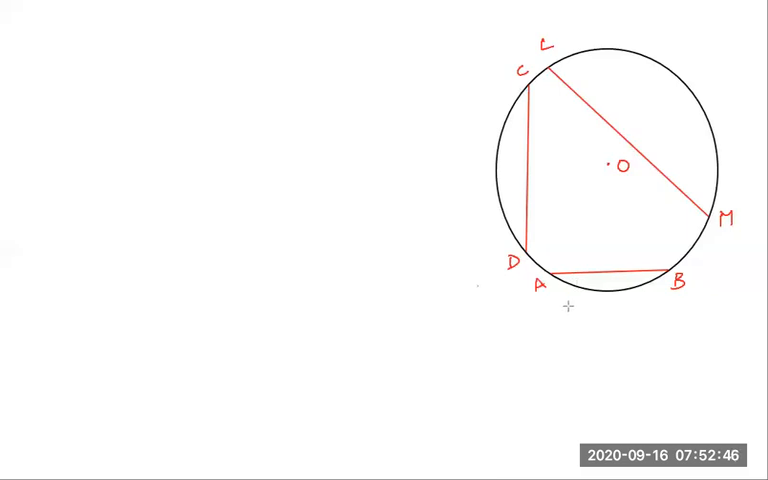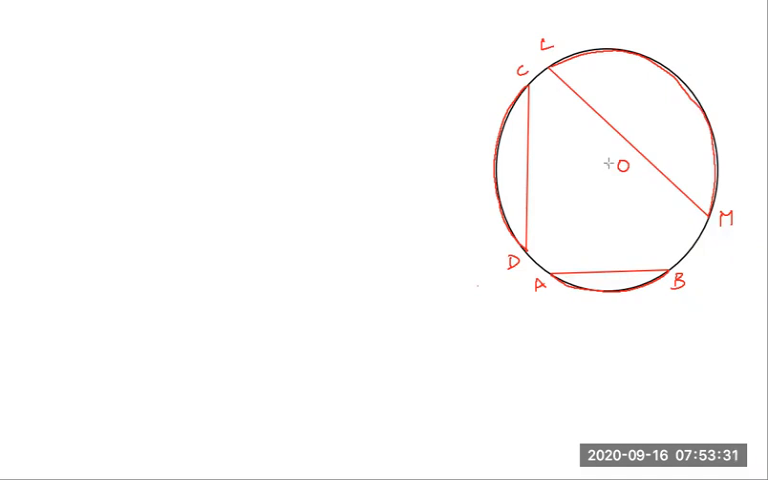Now, students, one more interesting thing. Arc AB is this one, which is arc CD. Arc CD is this one, and which is arc LM. Arc LM is this one. It is interesting to see that the angle subtended by the arc